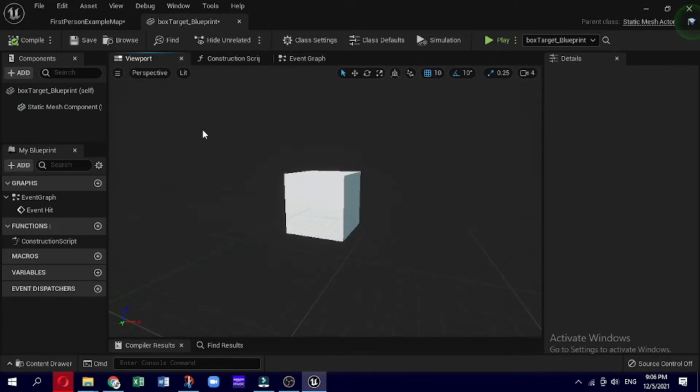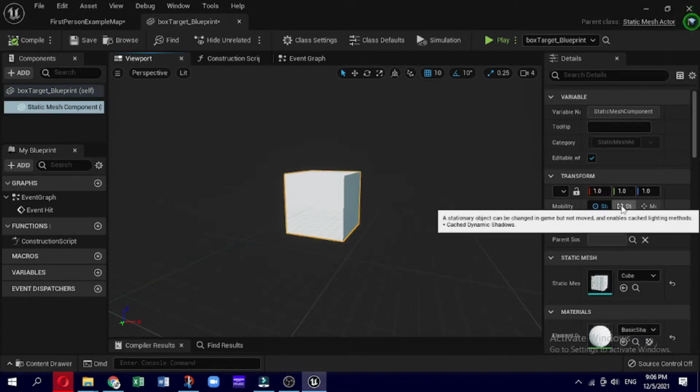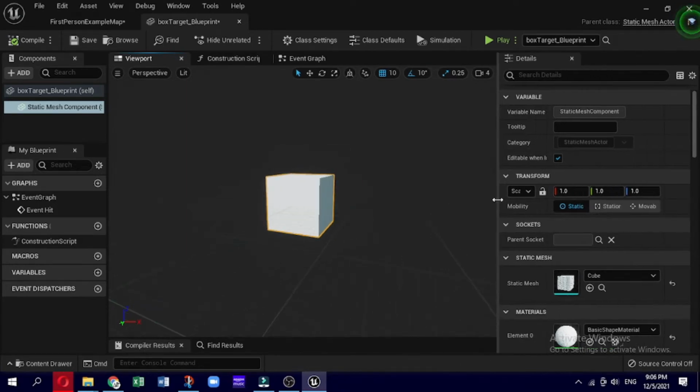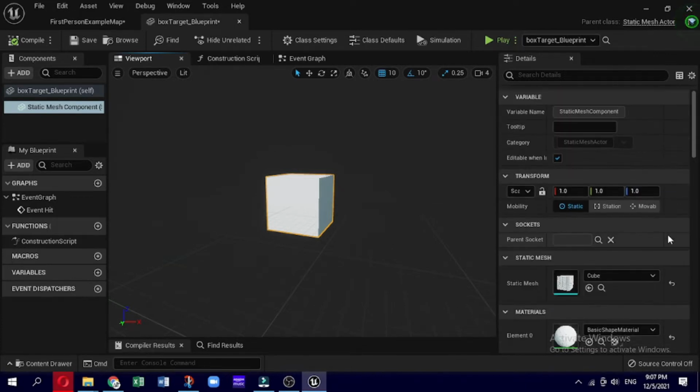To do so, open box target_blueprint again, either by navigating to the Open tab in the editor or by double-clicking on the box target_blueprint file in your content folder. With the blueprint open, we want to navigate to the Viewport tab located underneath the menu toolbar. Along the left side, you will see the Components panel, which lists all the components that make up this blueprint. Since we want to edit a property of the physical object, or mesh, we click on Component Static Mesh Component.